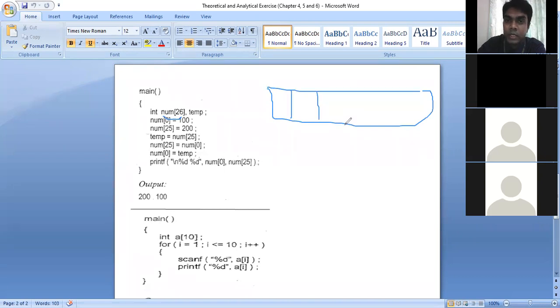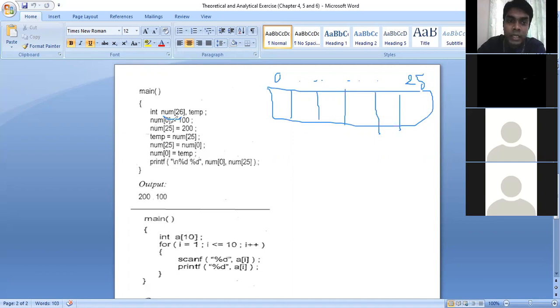In this way, 26 blocks. Okay, 0 to, the last one is 25, because we are starting from 0. That means inside this num array we can store in total 26 values. 0 to 25 is the index number.